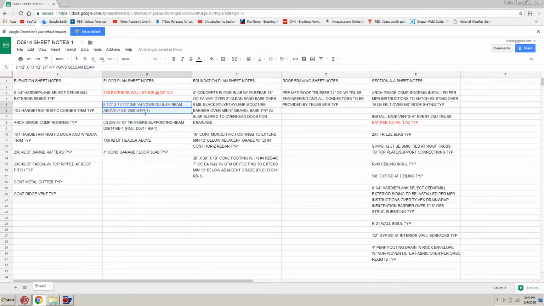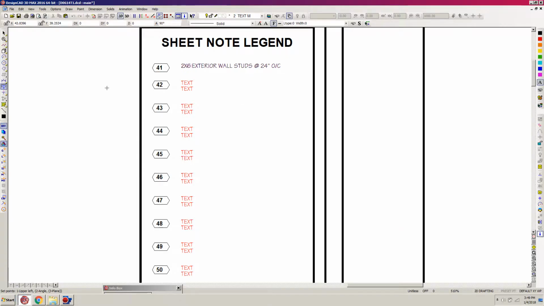You can see that they've turned blue. And I'm going to hit Control C to copy them. You can see that I've got this little dashed line around my selection. So that's been copied to the clipboard on the computer. Now I'm going to go back into Dcad. And this time I'm going to go